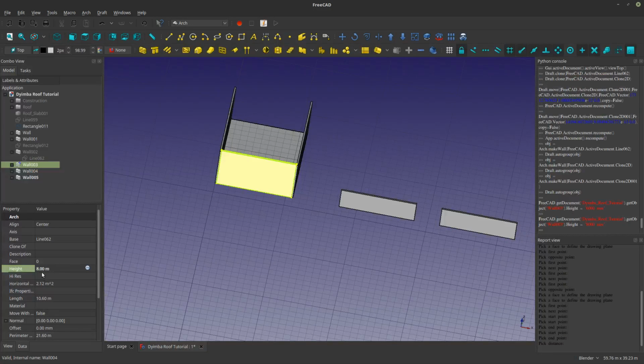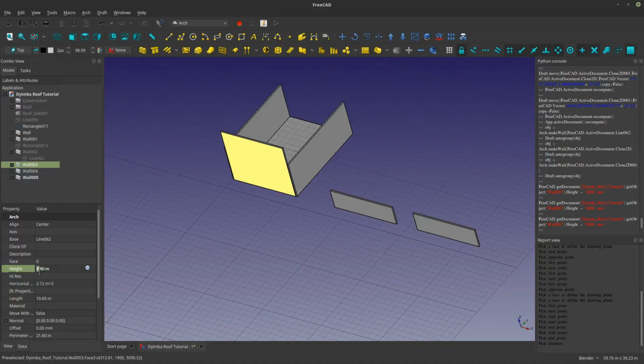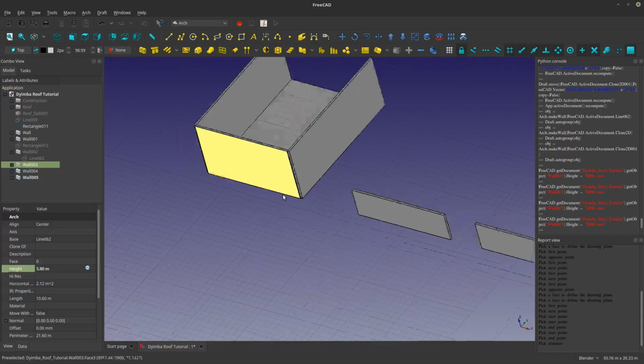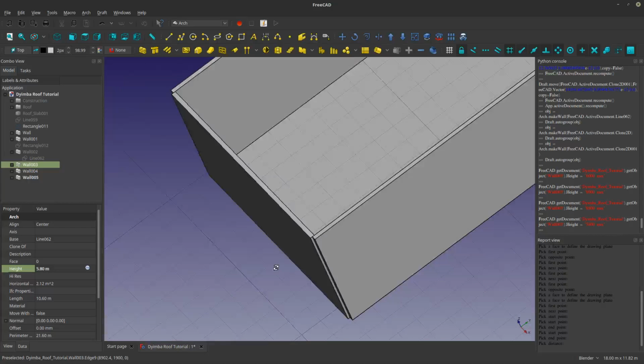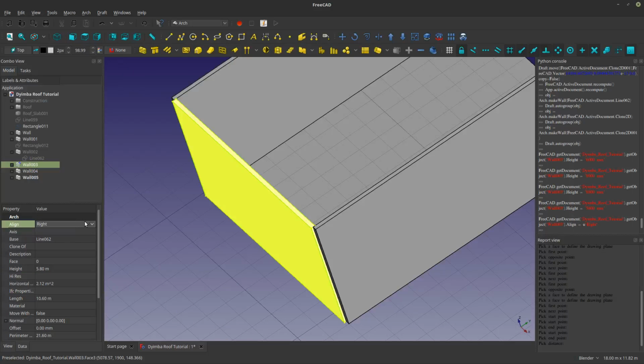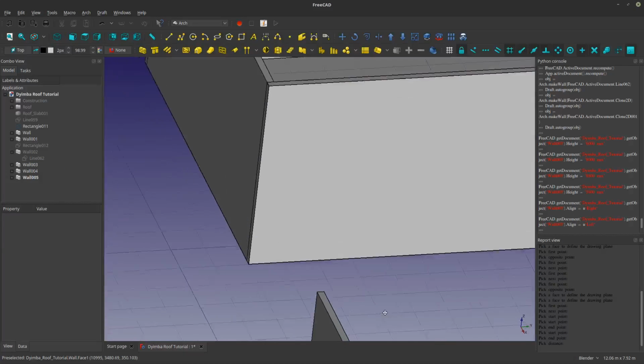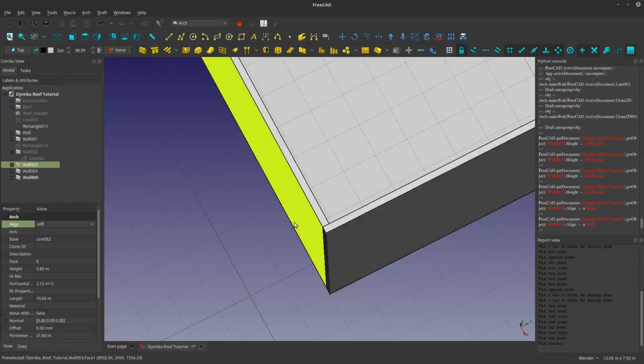Actually, 5 feet 8. No, 5, 8, like this. And I also have the ability to control the alignment by using the wall tool, like this. Now the curtain wall is probably a little bit thinner, so it's going to be, let's see,